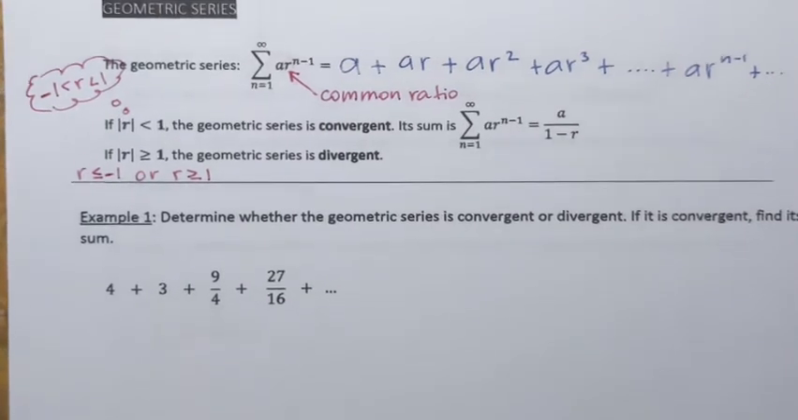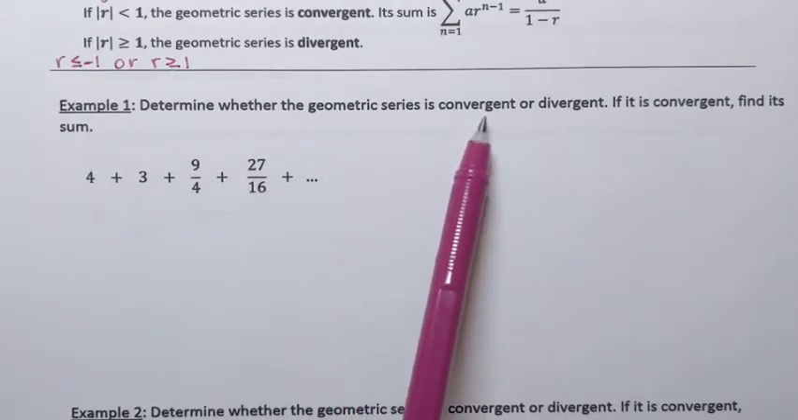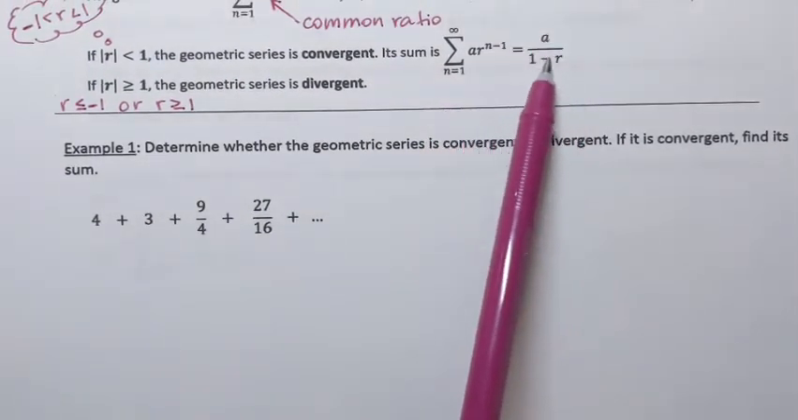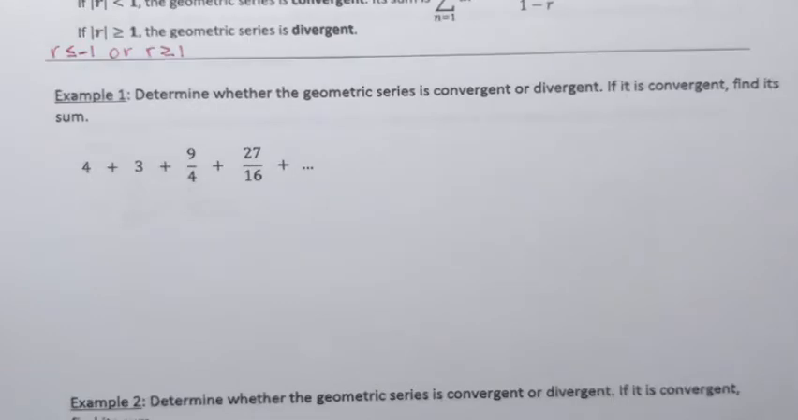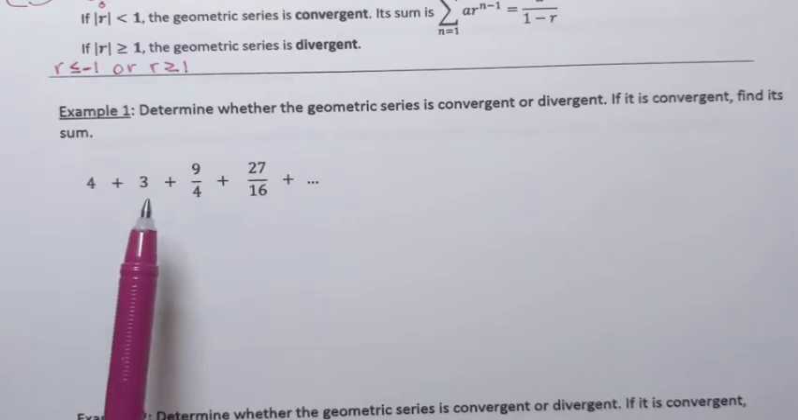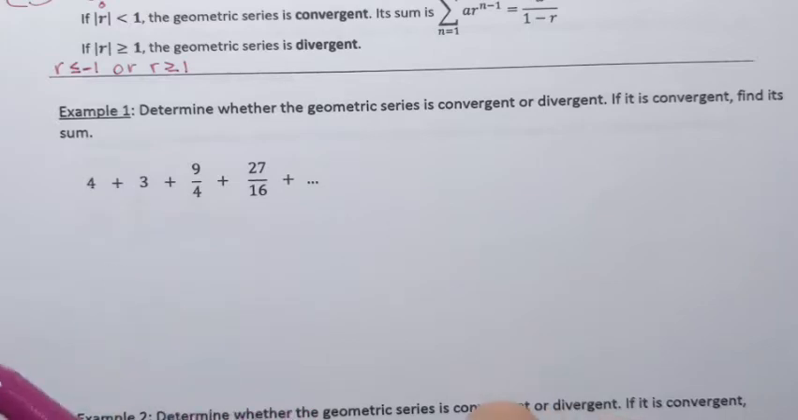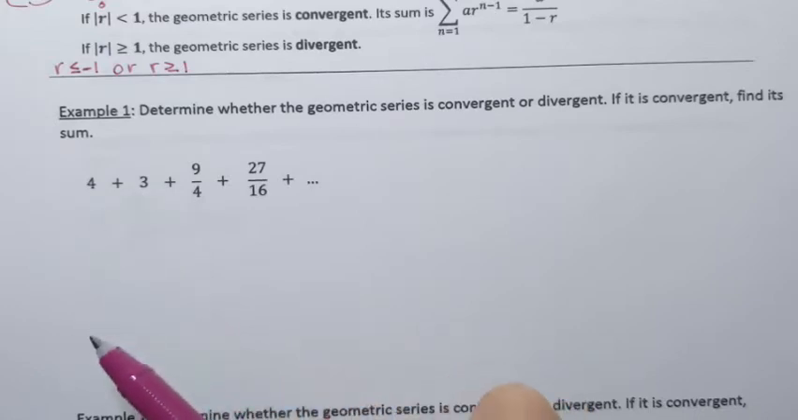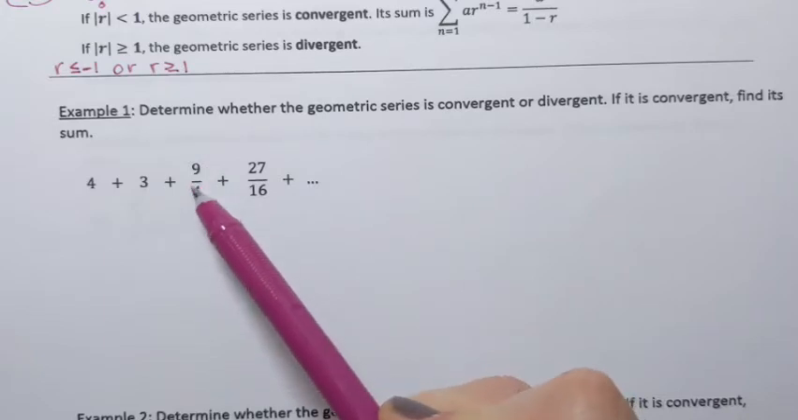So let's do a few examples. In the first example, we need to determine whether the geometric series is convergent or divergent. And if it's convergent, we're going to find its sum using this formula. So first of all, let's confirm that this is a geometric series. If this series is geometric, each term can be obtained from the preceding term by multiplying it by the same number. So by what do we need to multiply 4 to get 3? Or by what do we need to multiply 3 to get 9 over 4? Or by what do we need to multiply 9 over 4 to get